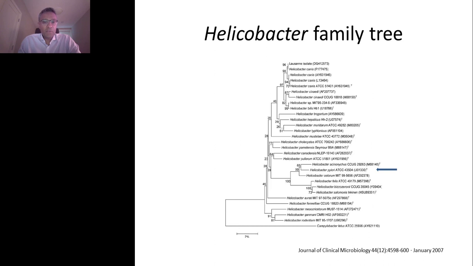So where does H. pylori or Helicobacter sit in the family tree? As you can see here by the arrow on the right-hand side, H. pylori is nestled here amongst all the Helicobacter genus, most of which are non-pathogenic to humans. However, certain species, such as Helicobacter sineadi, have been associated with bacterial infection of the bloodstream in immunocompromised individuals. And as you can see at the bottom of the tree, Helicobacter is closely related to another organism, Campylobacter, which we know well causes diarrheal infections.